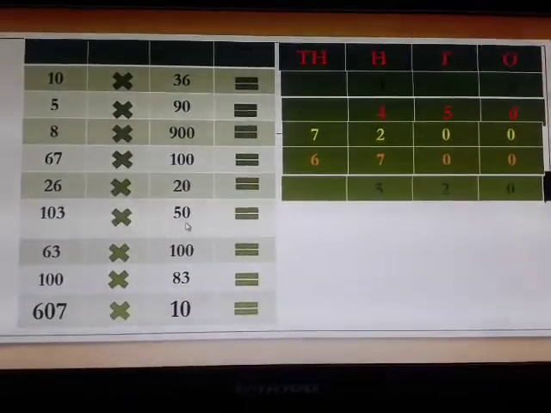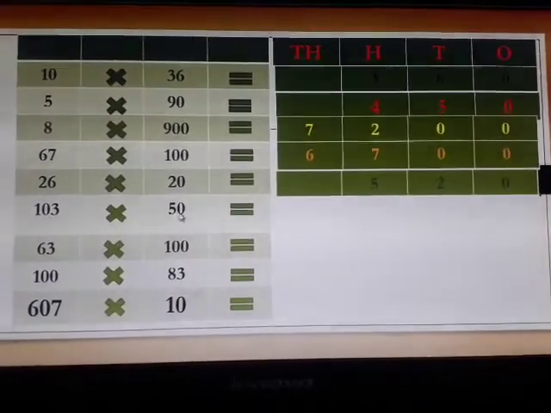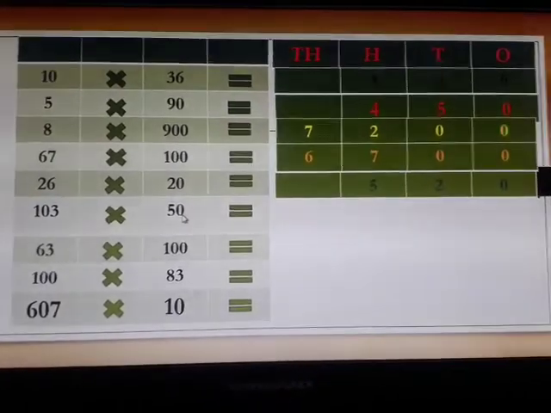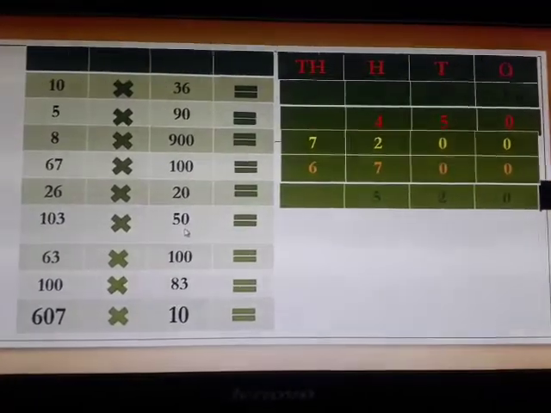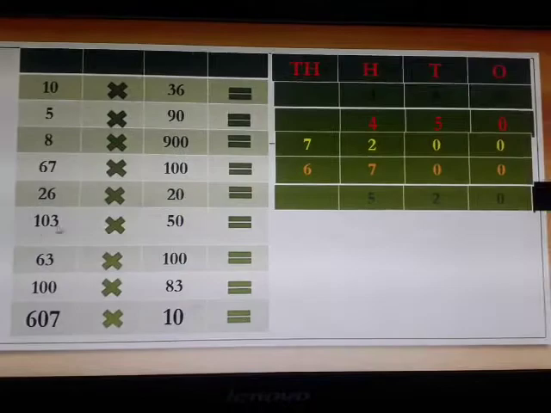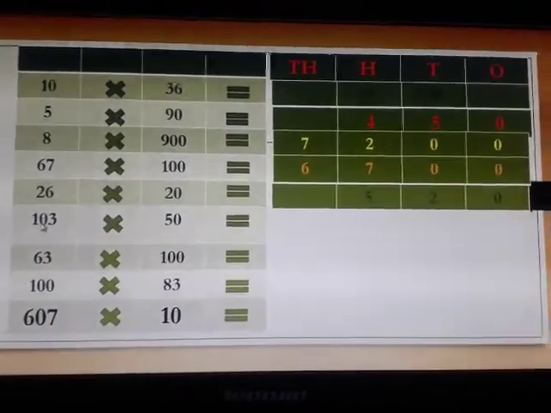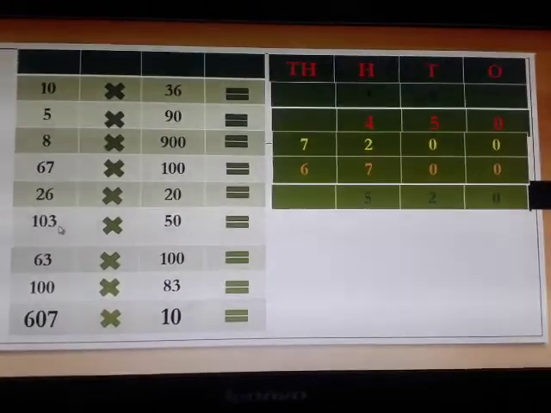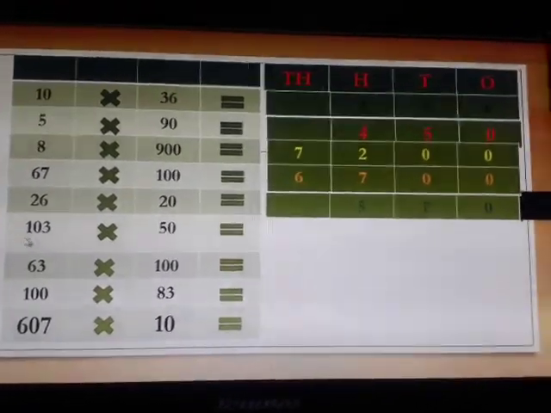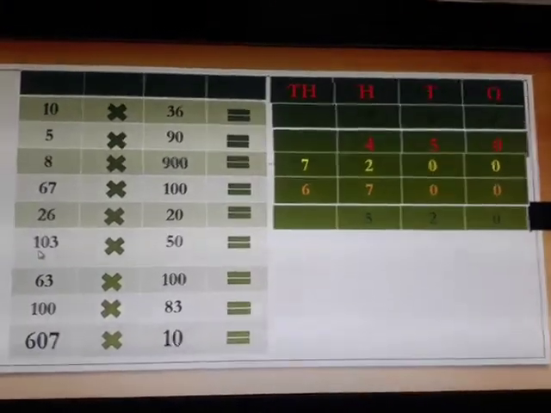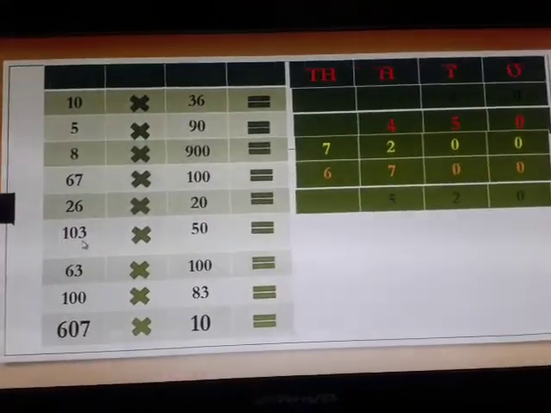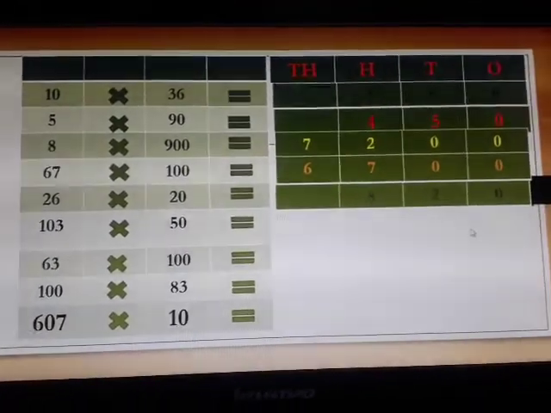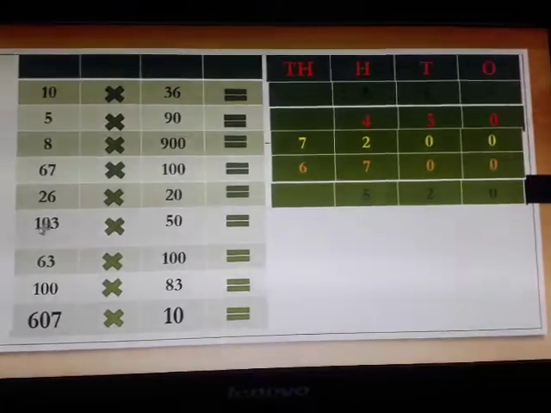103 multiplied by 50, and this 0 is at ones place, means this 50 is the multiple of 10, but this 0 we can't consider to write at the tens position because it is in between the two numbers. This is not the multiple of 100. Okay, only 100, 200, 300 numbers we can consider. So write this 0 only at ones place, and do multiplication.